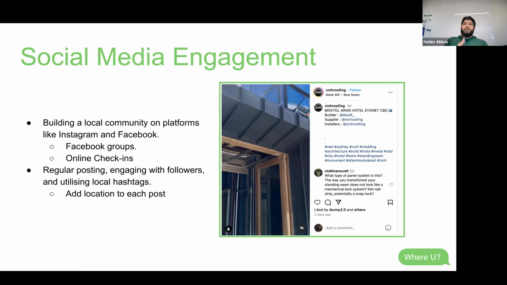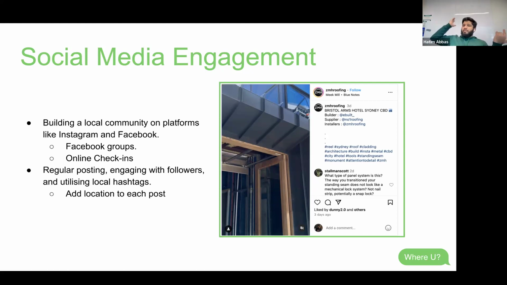This helps target. So Instagram, once again, is also somewhat of a search engine. And so is Facebook, so is TikTok. So adding these locations really helps you get within everyone's discovery feed, especially for people searching within that proximity. It doesn't mean that they have to be interested in roofing.